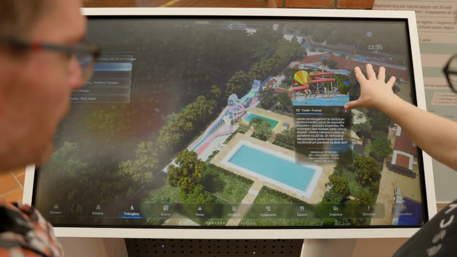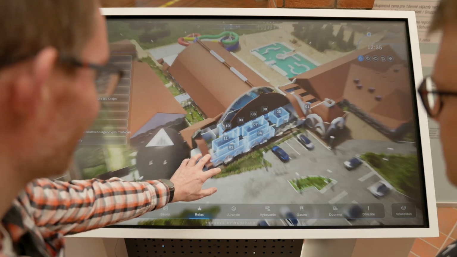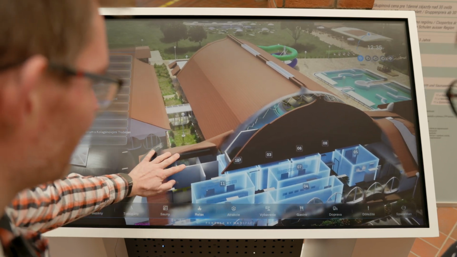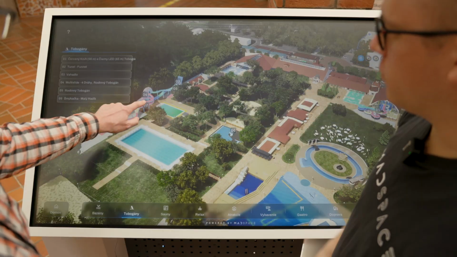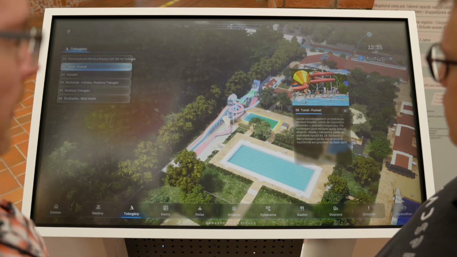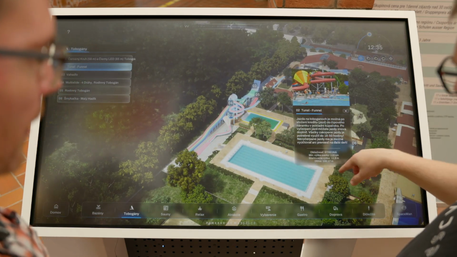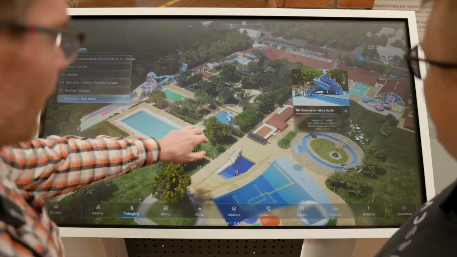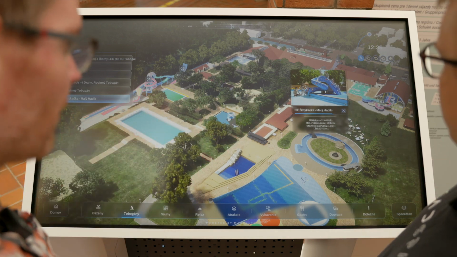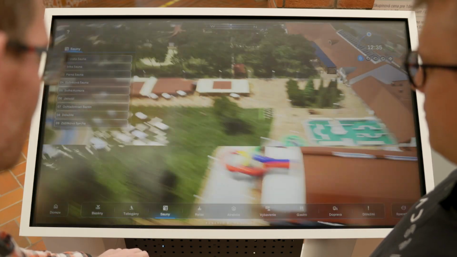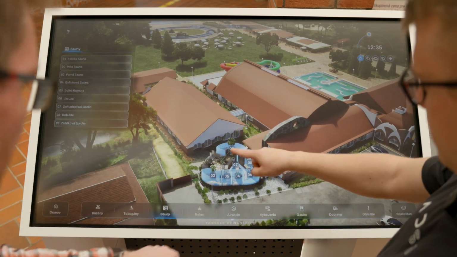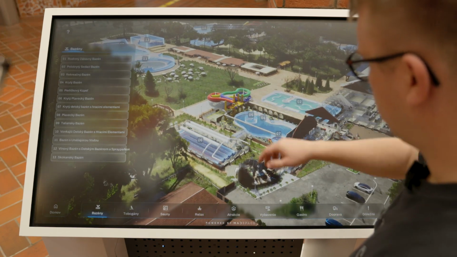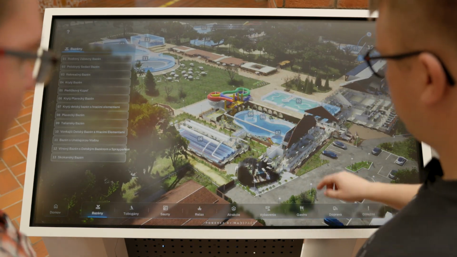So at the bottom of the screen you can see a list of categories, and each category contains a list of points of interest which are in the aquapark. For example, pools or slides or attractions or gastronomy and some other as well. Thanks to this technology, the people are no longer looking for information which are hidden in the bunch of texts on the websites or something like that, but they are directly accessing it with 1, 2, 3 clicks very easily, very fast, and they get the whole experience in a 3D model which basically looks exactly the same as the